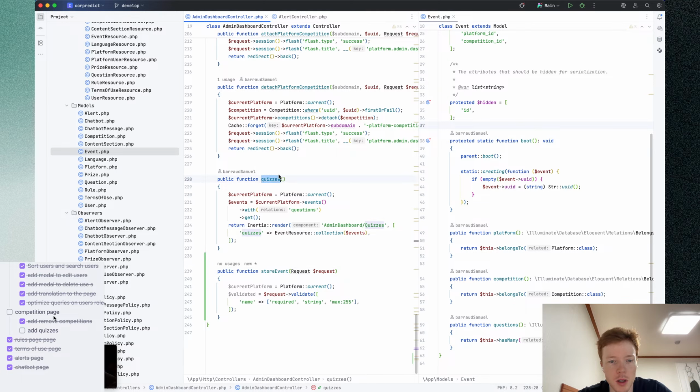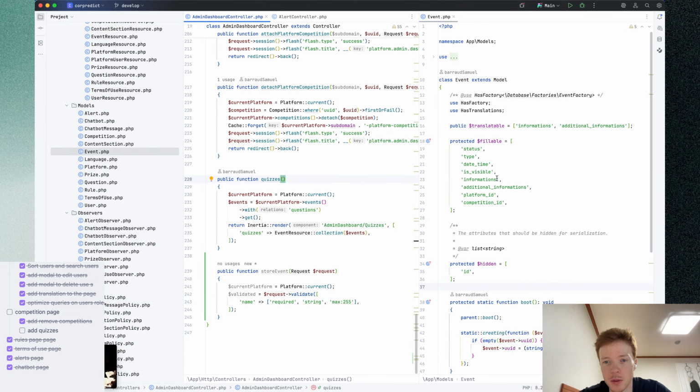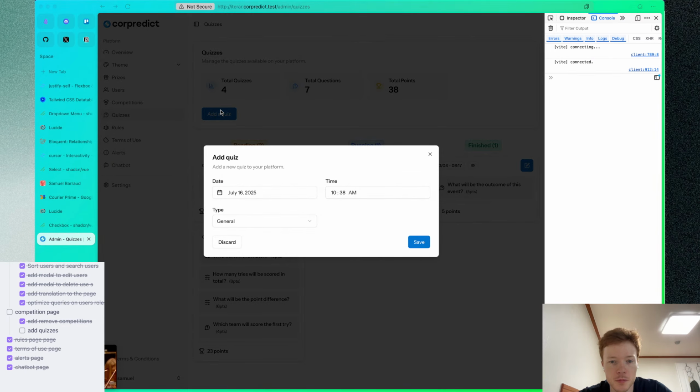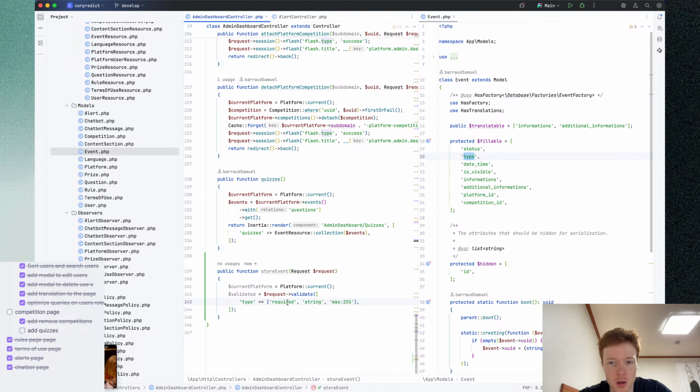And this should be events. But I call it quizzes because it makes more sense. Select the type. And the type must be required, the string, and it must be contained inside of